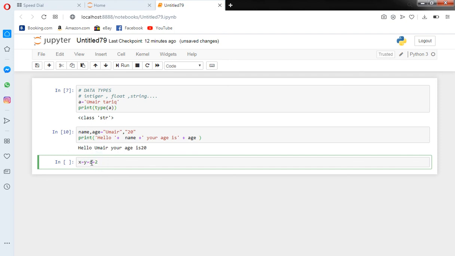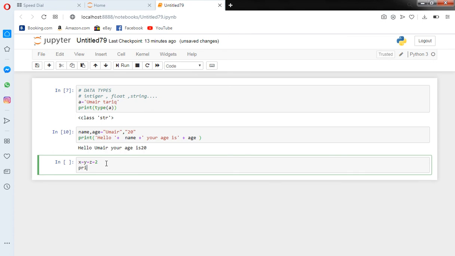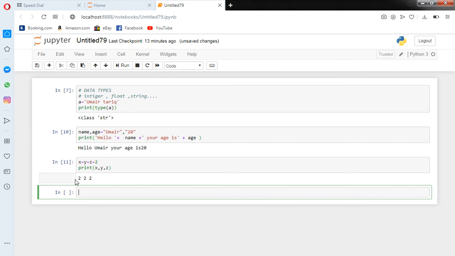These three variables all have the same value. We can show it: x comma y comma z. If I run it, you can see 2 2 2. These three variables have the same value.